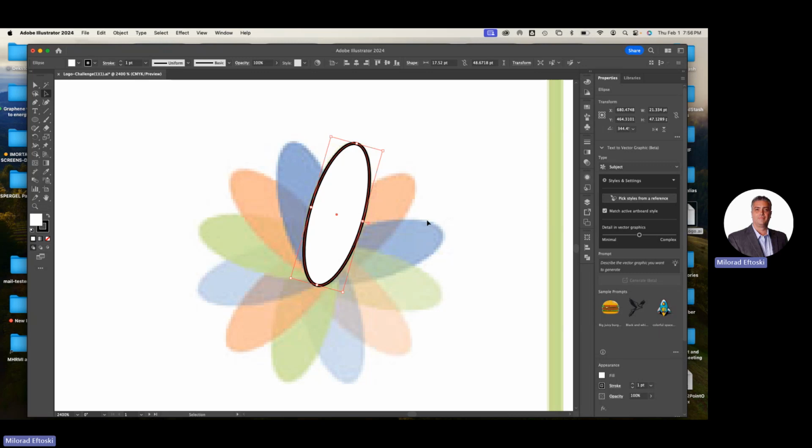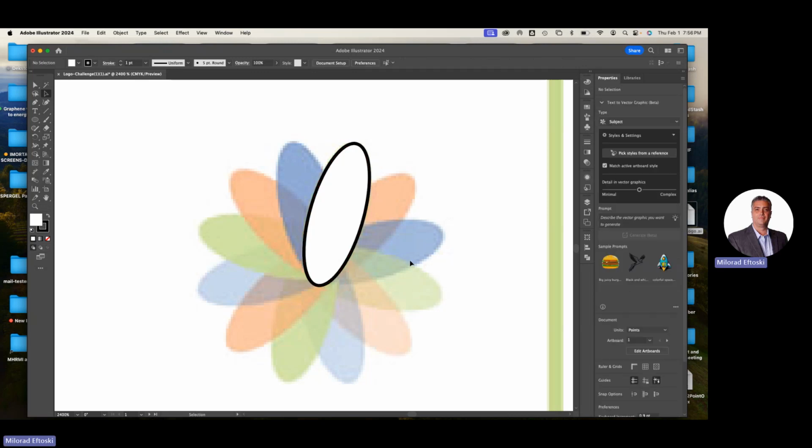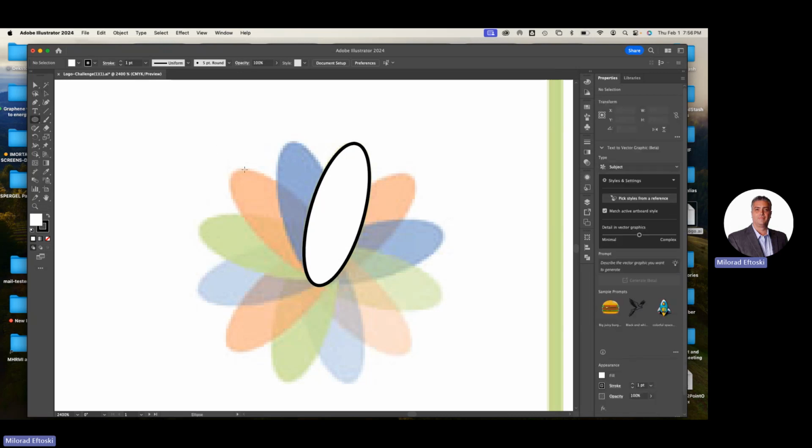Okay, so that means we have to establish a center point. The best way to do it is to draw a circle. So let's go draw a circle right here, okay? You can hold shift and start from the corner. Let me teach you a nice little trick too about